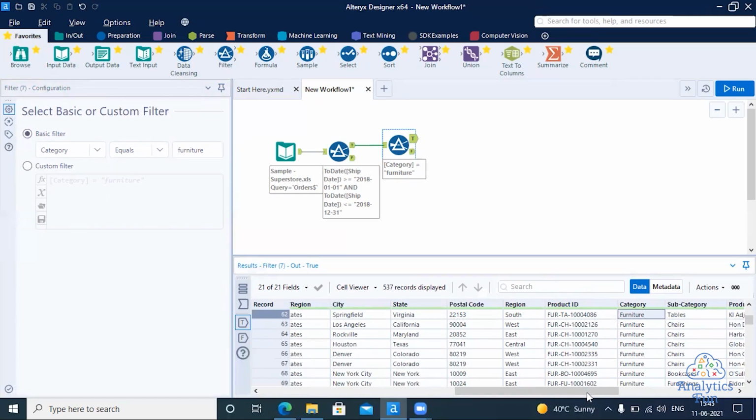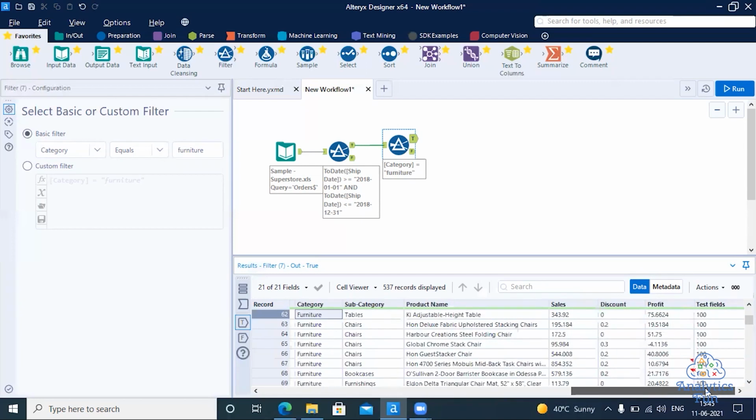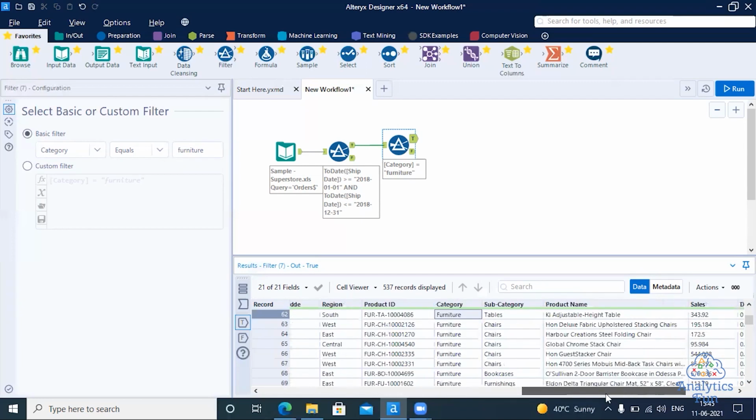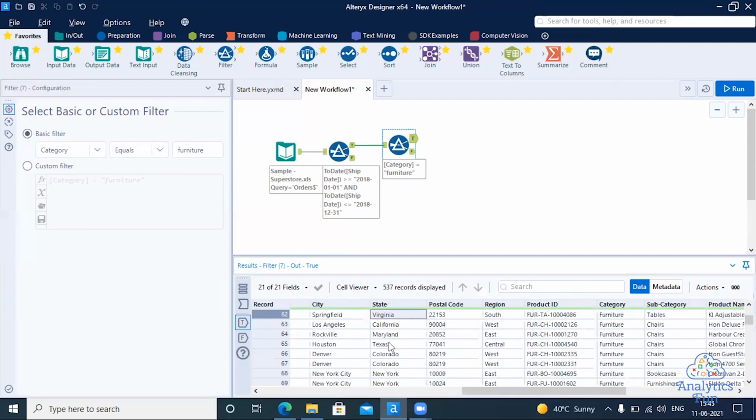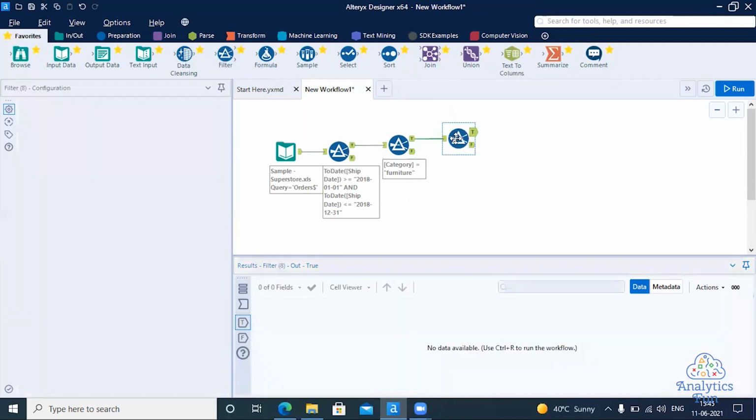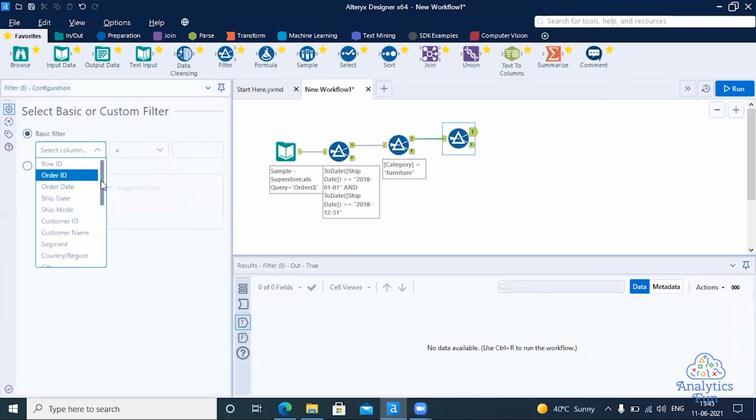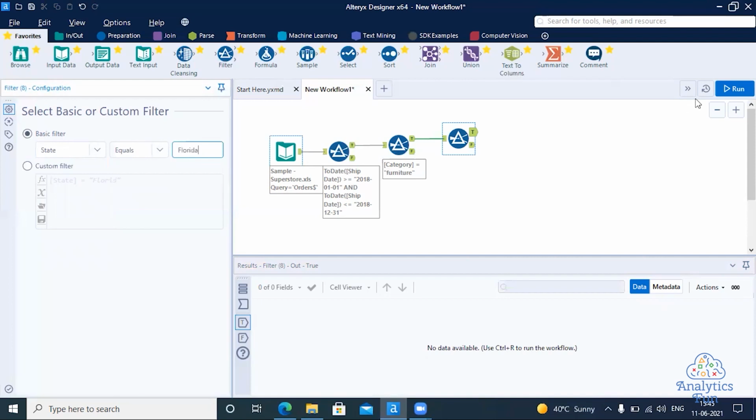Now let's filter for the state, that is the state of Florida. Right now it is showing me all these states. I am only interested in Florida, so I will filter for Florida again. State equals to Florida.